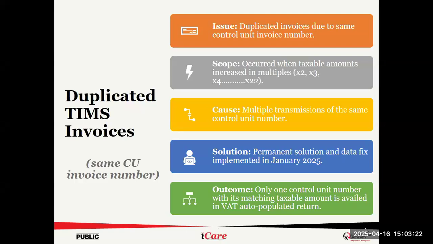So I know that has a permanent solution, which is to fix the issue at source, and at source is where the configuration has been done. What we did as KRA is to mitigate it on the return such that your sales data is coming in correctly and you're not being inconvenienced to declare a sales amount that is not yours. Some taxpayers filed with this issue, and personally, I know I've engaged 2 or 3 taxpayers and given them the go ahead to amend their returns, but others felt that